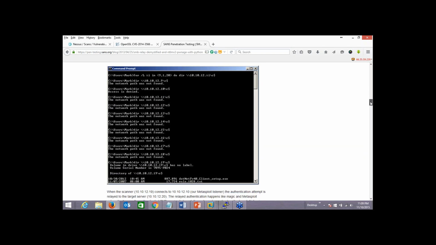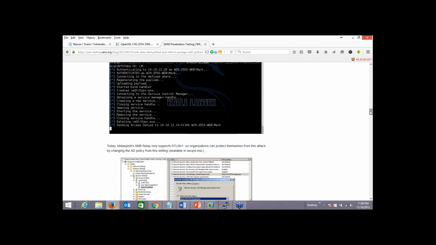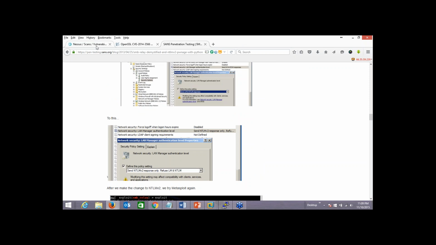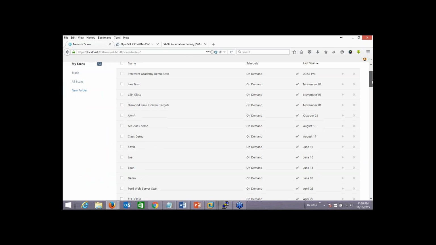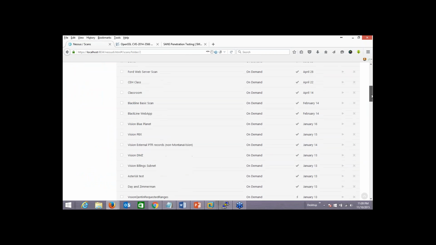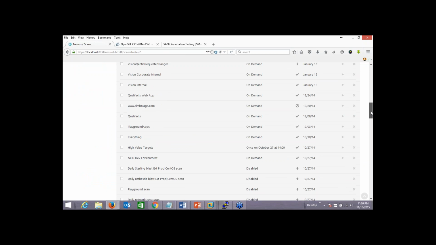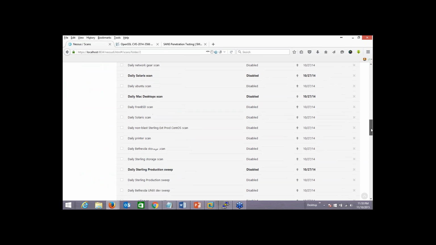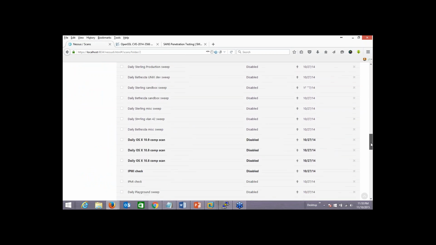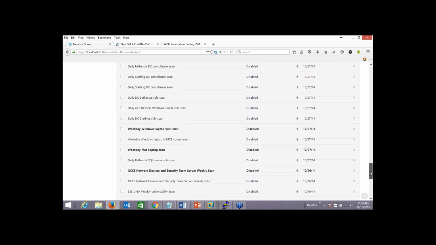Now, again, this isn't a good example because we're talking external. It's an internal vulnerability typically, but I want you to just kind of understand the process. Let's jump over here. Let's see if we can find a vulnerability that you'd probably find externally. I'm trying to look through some of my previous scans to see if I can find something that's external. This stuff is all pen test customers, so